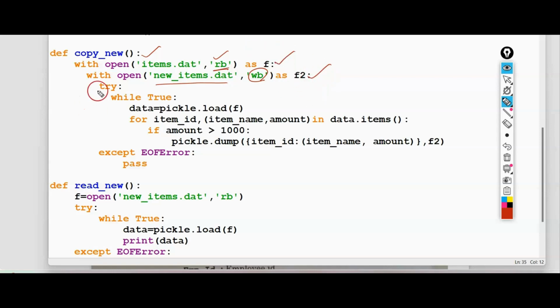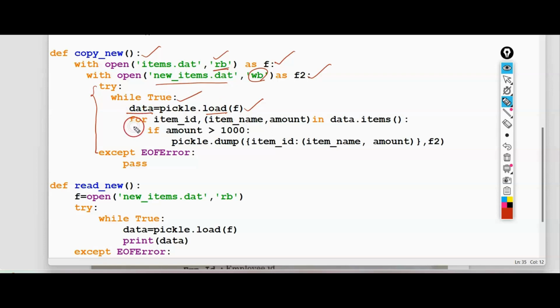Then we have a try and except block with a while True loop. Under the while True loop we are loading the data: we read from f and store it in data.